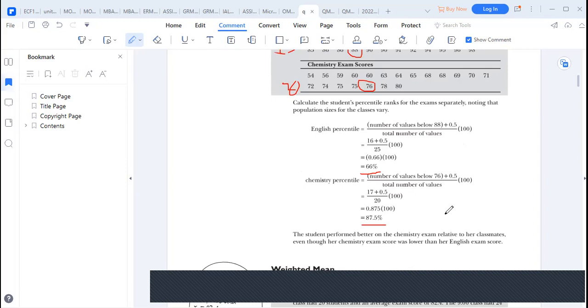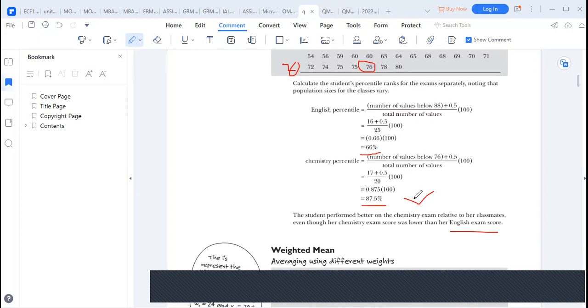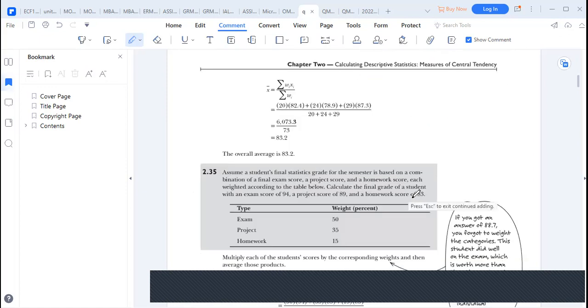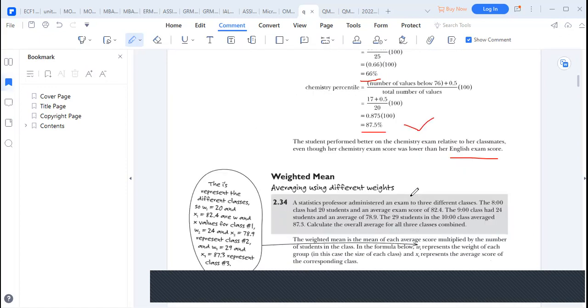So we can say that the student performed better in chemistry relative to her classmates, even though the exam score was lower than the English score. So this was a high performance. Are we together? Yes. So these are some of the questions that you cannot guess if you do not know. So now let's go